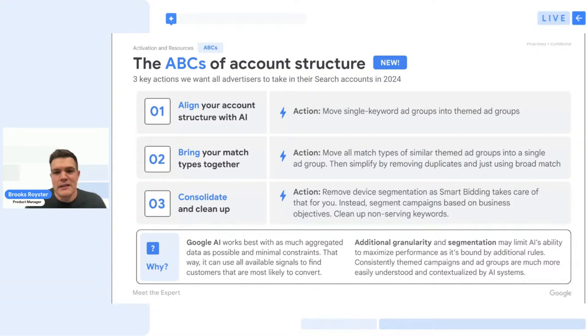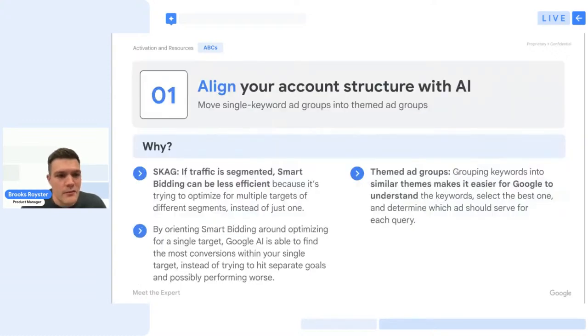And so these really represent what we know is changing about account structures, and that this is, as Bemi mentioned, daunting, complex, and not necessarily a priority for all advertisers. But the aim of these ABCs is to provide a digestible introduction to our best practices and help you understand and feel like these can be easily actioned on. This isn't some big thing that needs to be overthought. When it comes down to it, there are some key actions to take. So with that, I'll jump into each of these to give you a little more explanation for each of the three.